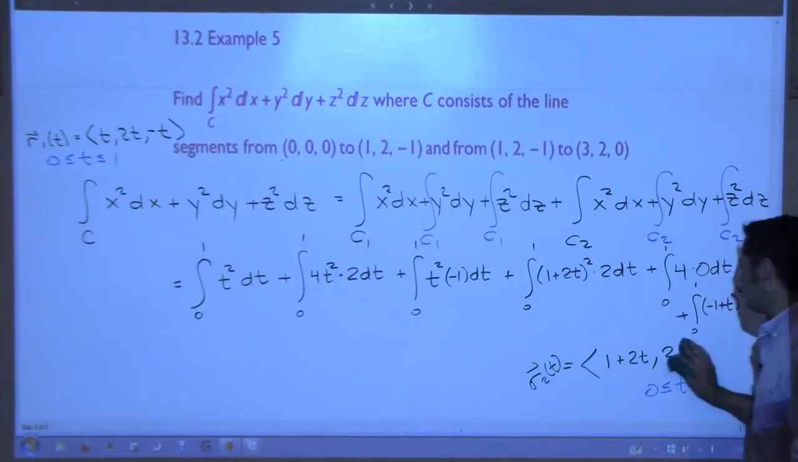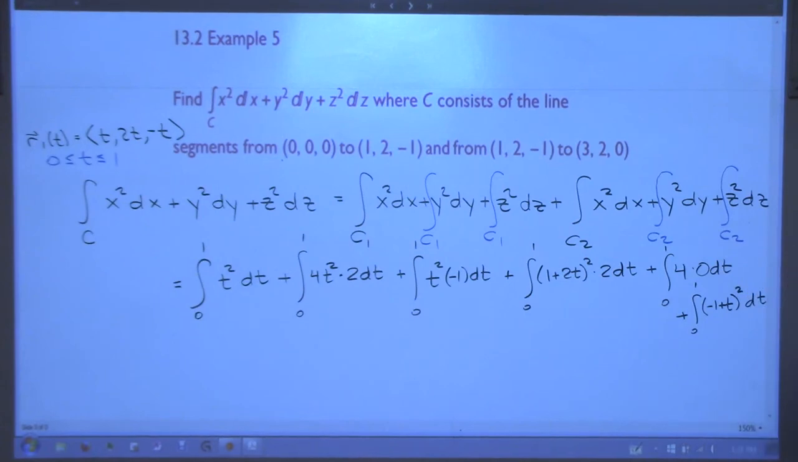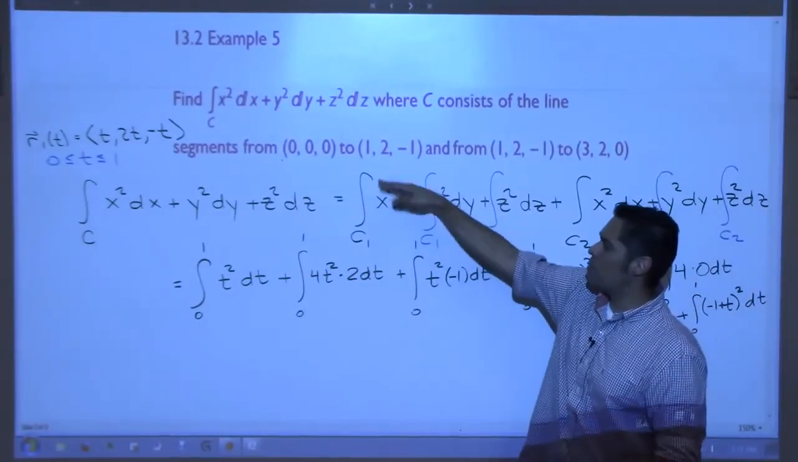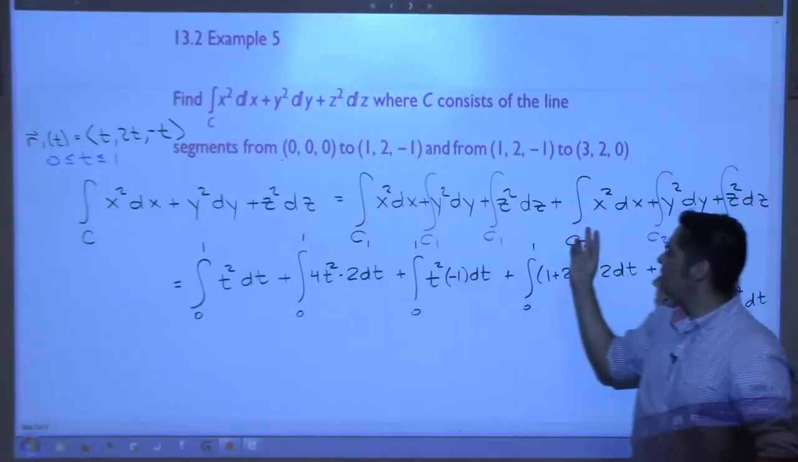All of these integrals happen to be from 0 to 1, don't they? All of these integrals happen to be with respect to t. So I can turn this into one big integral, can't I? Sometimes that won't work. Because if C1, let's say, went from 0 to 1 because it was a line segment, but C2 happened to